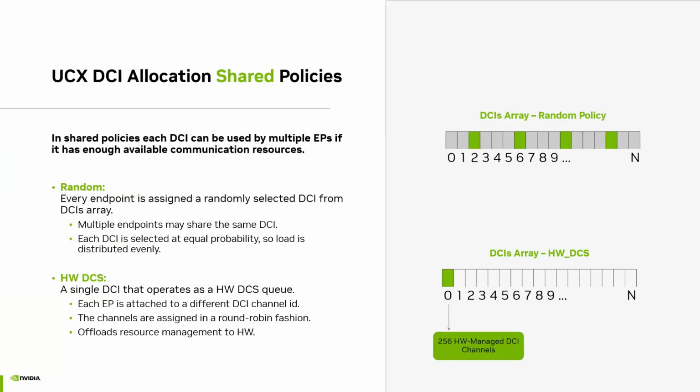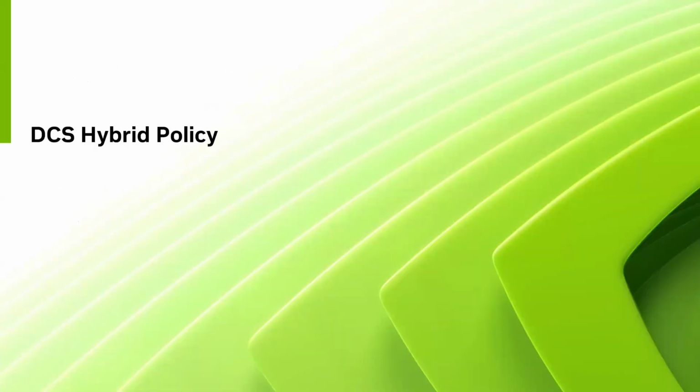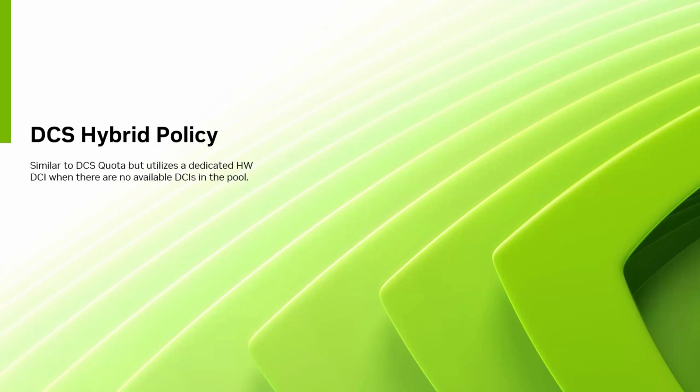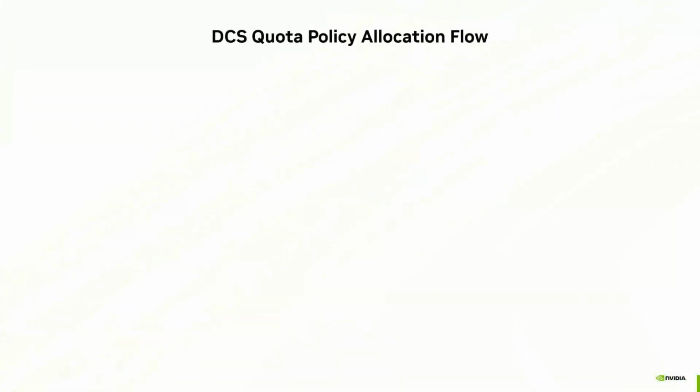We do have some issues with hardware DCS in smaller sizes, that the latency is not great for smaller sizes. So that's why Yossi suggested doing some hybrid mode, in which we are doing the same as DCS quota. We're using DCS quota, but every time we have no available DCIs in the pool, we're using a dedicated hardware DCI. Okay, so how DCS quota works,